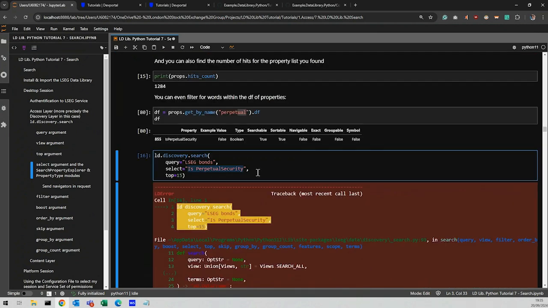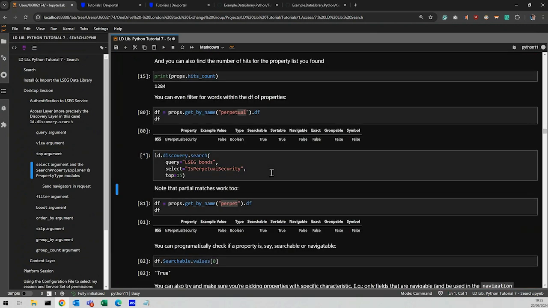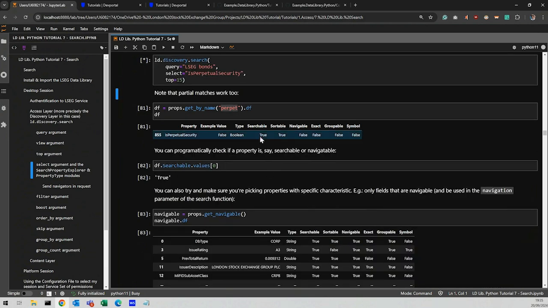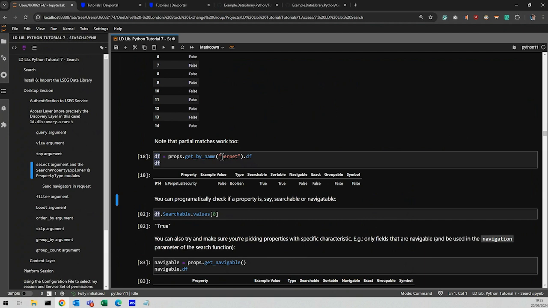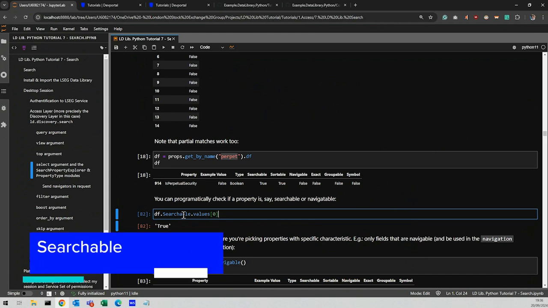You see, it wasn't happy. So if I was to paste that in here, it's going to find the top 15 right there. And as I said, you can find the properties that you are after with partial matches, as you can find them right there. Now, you may want to only pick the ones that are searchable in order to use them in your filter. I'm going to be talking about that in a second, but I wanted to just mention it very quickly because